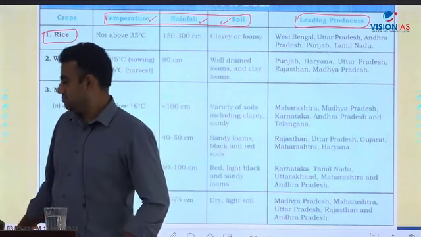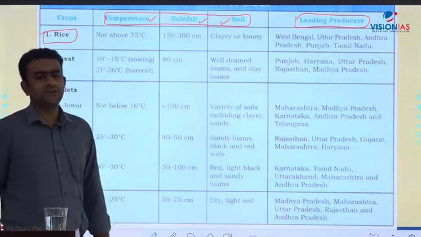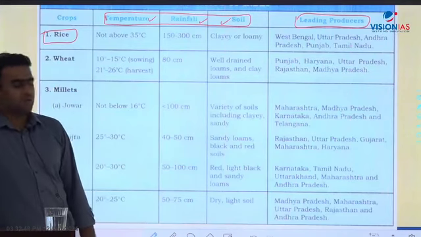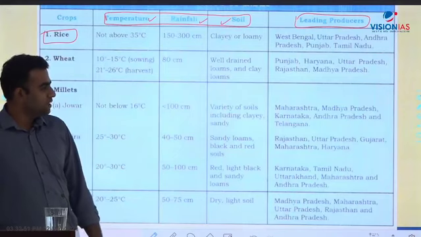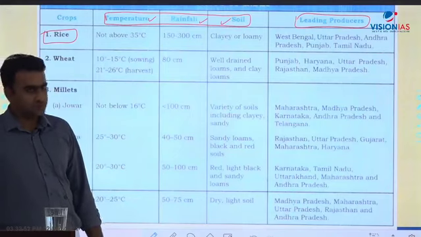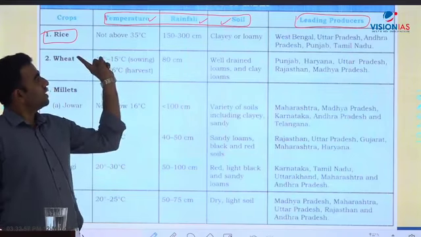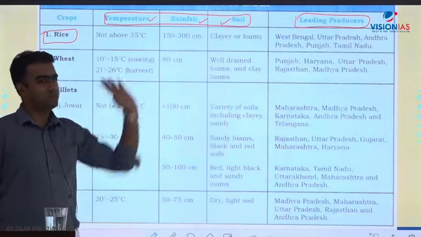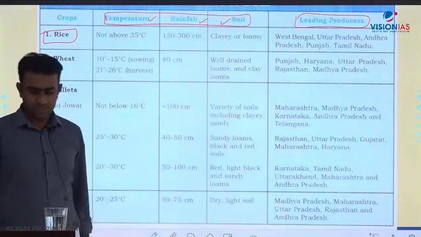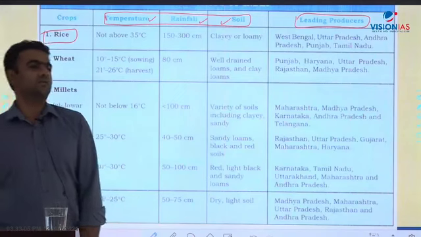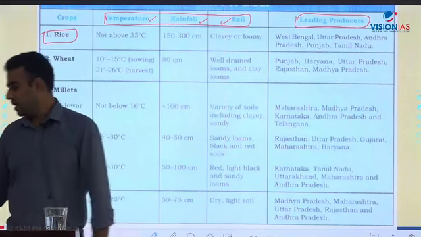In this, of course this is a bit difficult task, right. First, I have given you a table in a PPT, so try to remember as much as possible. So what is the condition for rice, what temperature, what rainfall, what soil condition, and which are the states in which they grow. So if you feel this is an easier method, you can go ahead with this,